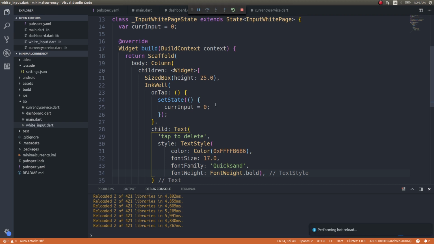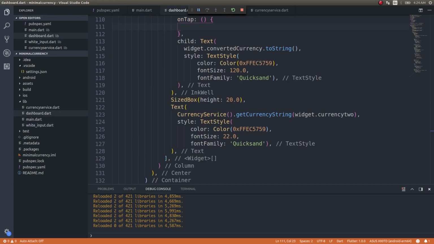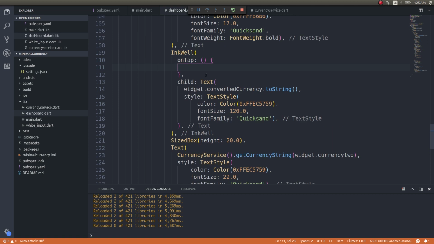No, this won't show on the mobile device since we haven't called this page from the dashboard page, right? So let's go ahead and write code to call this page from the dashboard page. All we need to do is write a navigator dot of context code, guys. Wait, let me finish that off. From this you just write that